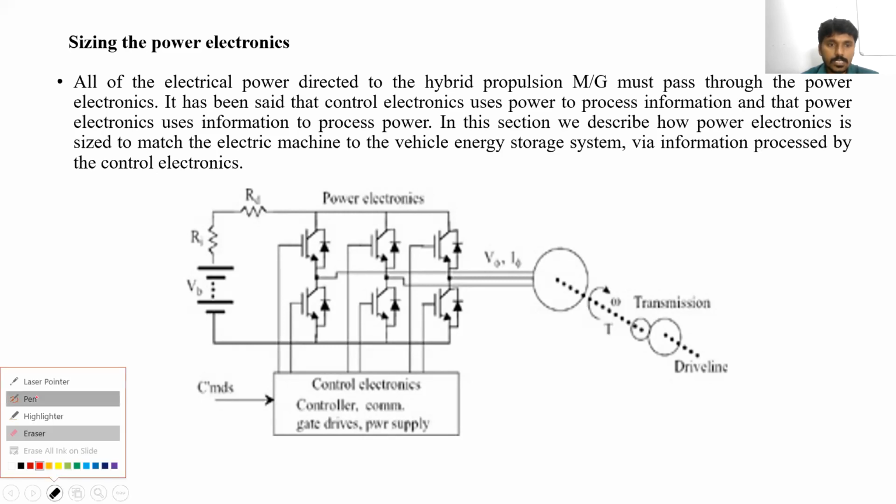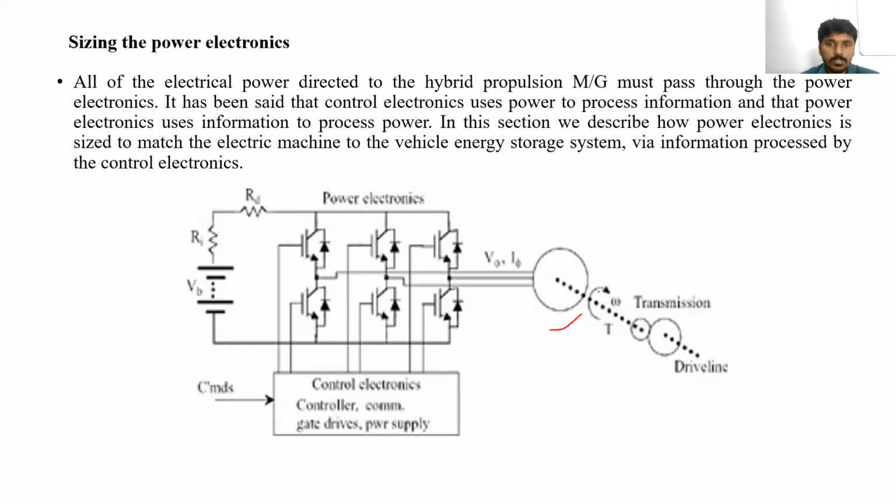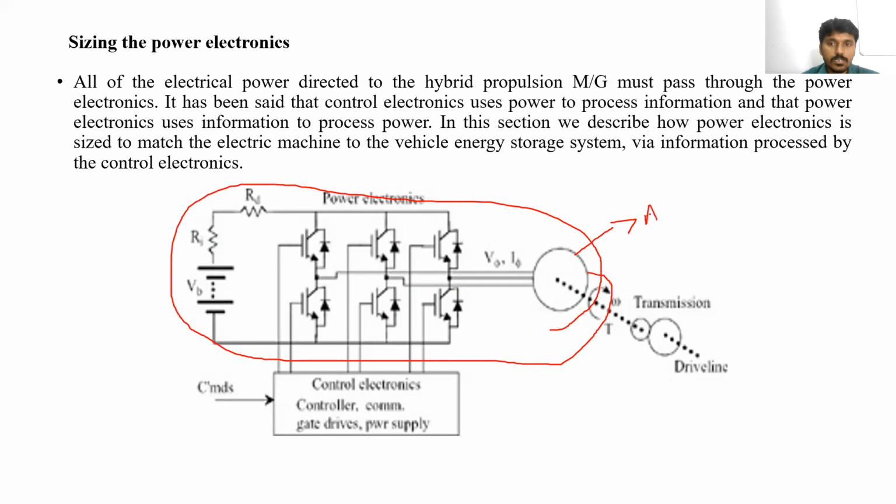Clear? A drive is nothing but the combination of the electrical motor, power electronic converter, and battery. That is the energy source, called a drive. If we are using a DC motor in this drive, we can call it a DC drive. If you are using an AC motor, it can be called an AC drive. So this AC motor is getting variable AC voltage and variable frequency through the power electronic converter from the DC battery.